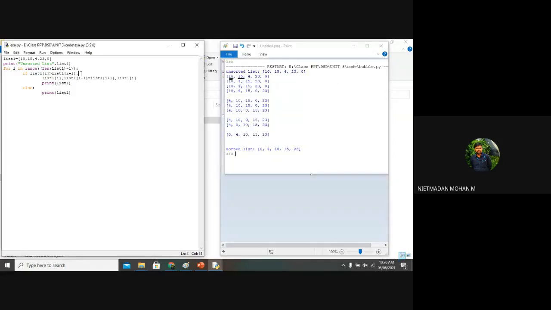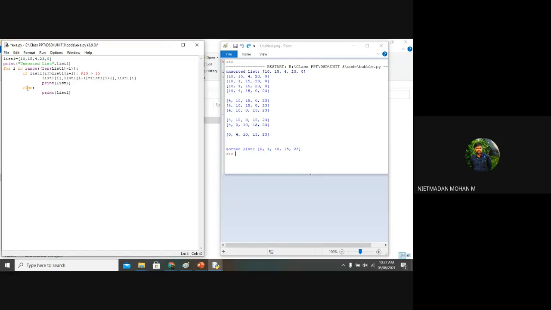So here what is happening, you just take this. I have given 2 conditions for you. The first is: for i in range(len(list1) - 1). If the condition is that list1[i] is greater than list1[i+1], first, what is list1[i]? That means list1[0]. What is the element here? 10. What is list1[1]? 15. So the condition will be false. So what happens in the if statement? If the condition is false, it will go to the else statement, right?